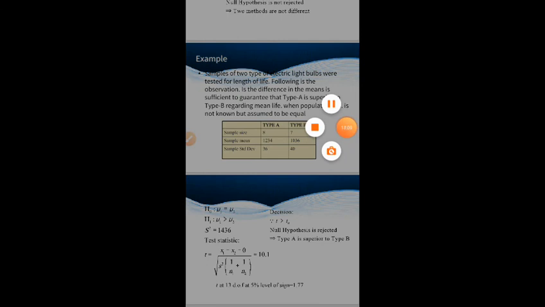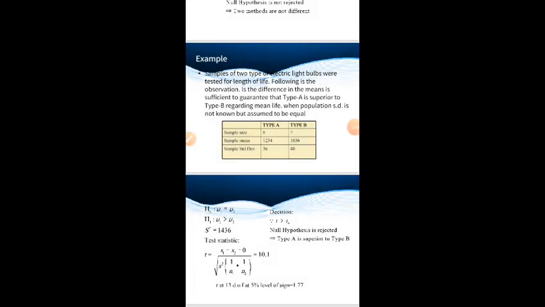So this is how we have done it. For the time being, you have to practice the t test for two means. In the next session we will take the theory topic and then the practical based on that.